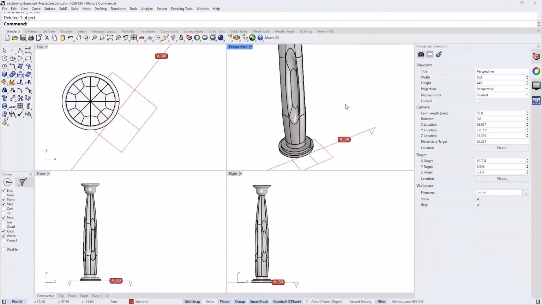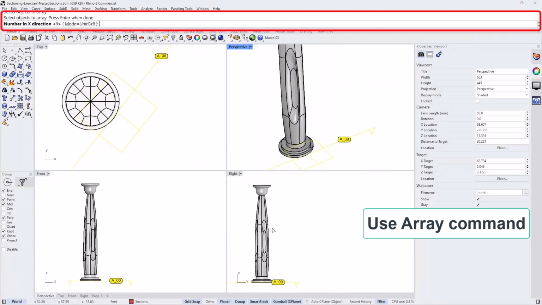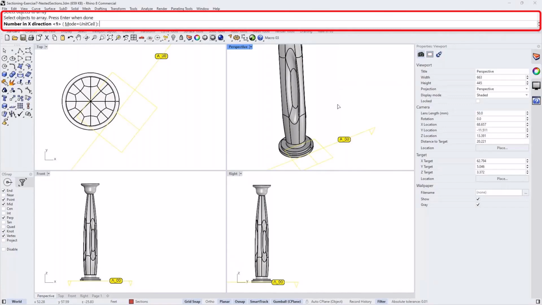So what I can do is run the array command and say, okay, this is the object I'm arraying, and I want to perhaps have one in the X, one in the Y, and perhaps, I don't know, 15, I'm guessing, in the Z direction.